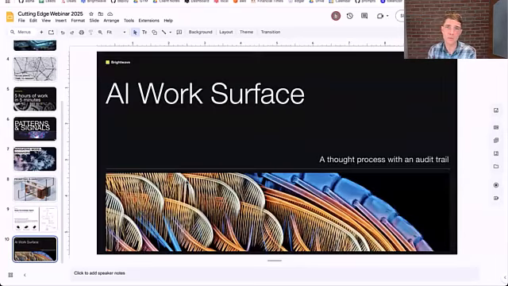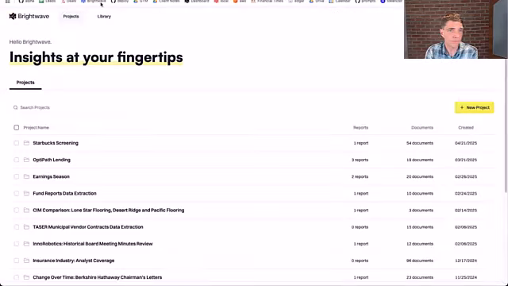And so what I'd like to show with Brightwave is our vision for the future of investment research. And it's not a chat interface. We think that chat is an incredibly powerful tool for fact finding, for question answering. But the way that humans will interact with language models, and the way that investors will interact with language models in the future, is a data product experience. And that's what we've built with Brightwave.